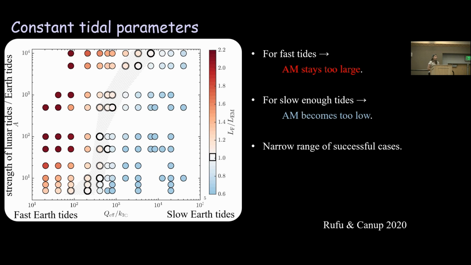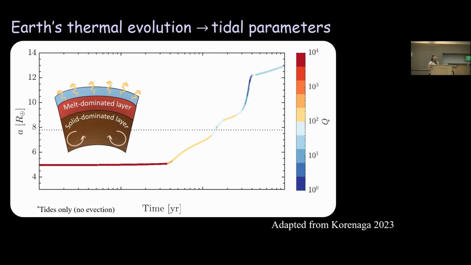But now we have new evidence that suggests that this simplistic model that we have created over here, that I'm proudly showing you, may not be realistic for the Earth-Moon system. So for one, we assumed that the tidal parameters in these simulations are constant. And we think that this might not be true because after a giant impact, the Earth's mantle is fully molten. It has a very low viscosity, and therefore initially it doesn't have enough power to push the moon outward.